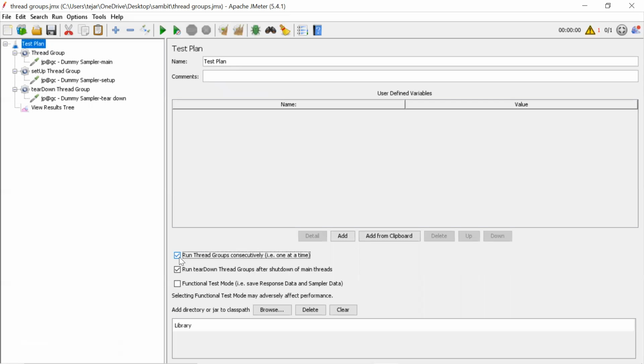Because you know which thread group will run first. Run one at a time. That's again hectic, and we have to keep an eye on whether you keep it right or wrong. If someone has moved something indirectly by mistake, your script will fail.